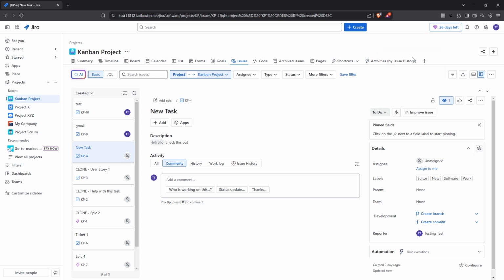By following these steps, you'll be able to maintain a streamlined communication flow, ensuring that the appropriate stakeholders are always informed while minimizing unnecessary notifications. Managing watchers effectively not only improves collaboration, but also enhances productivity by keeping everyone focused on what's most relevant to